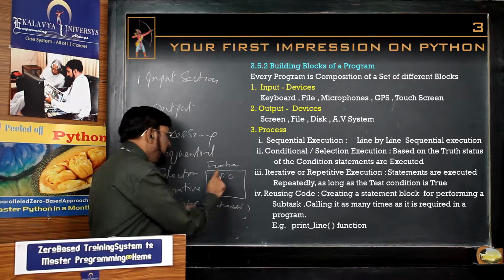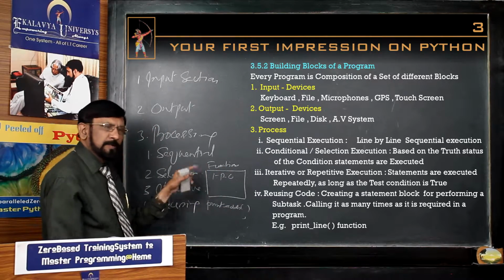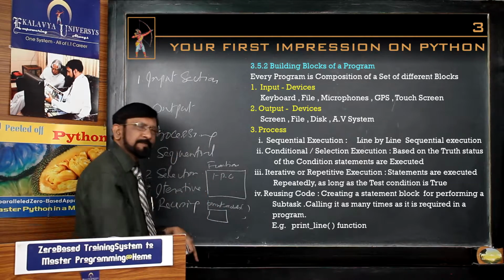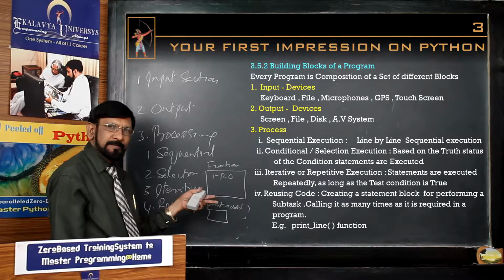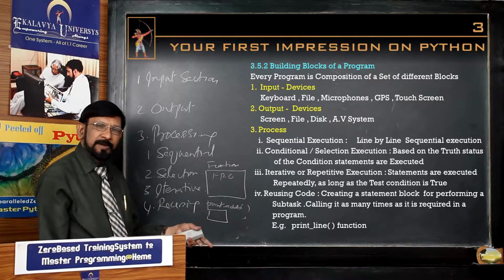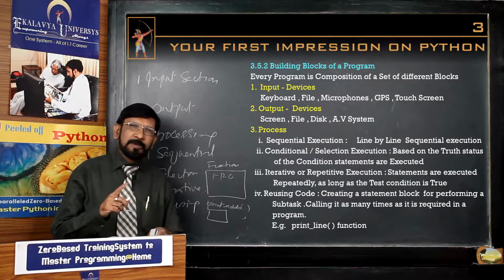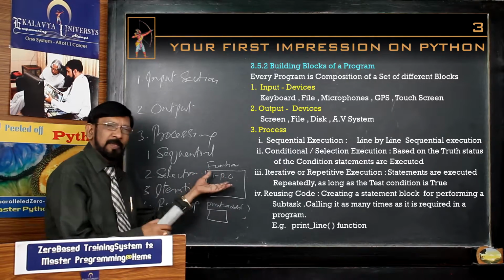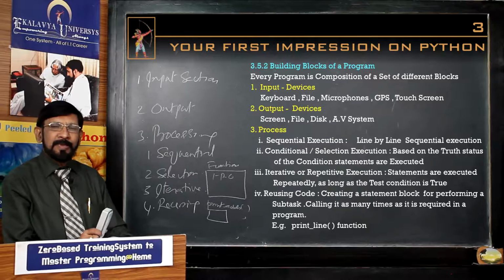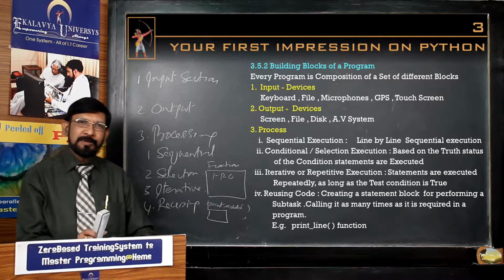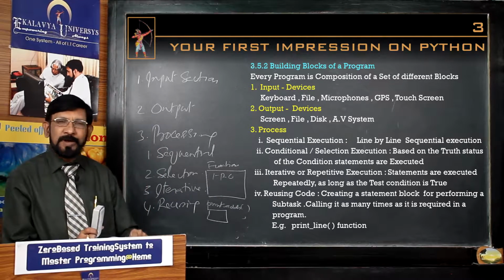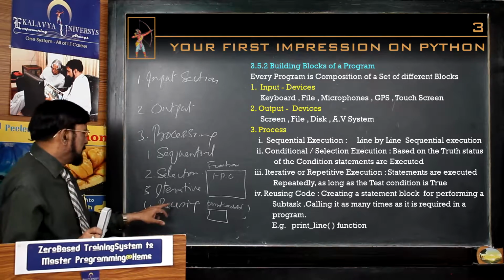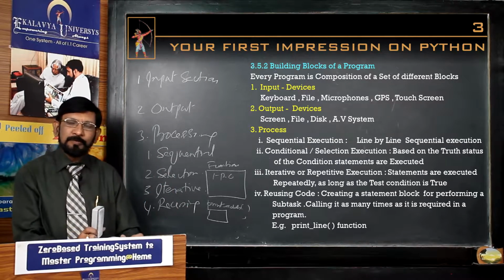For first candidate, you give the relevant data, it processes it and prints his address. And second candidate, same way. Third candidate, same way. Even million candidates are there, you can use the small function of 10 lines. Otherwise, million candidates means you have to write million into 5, 50 lakh lines of code. So, that is the great importance of the reusing code.